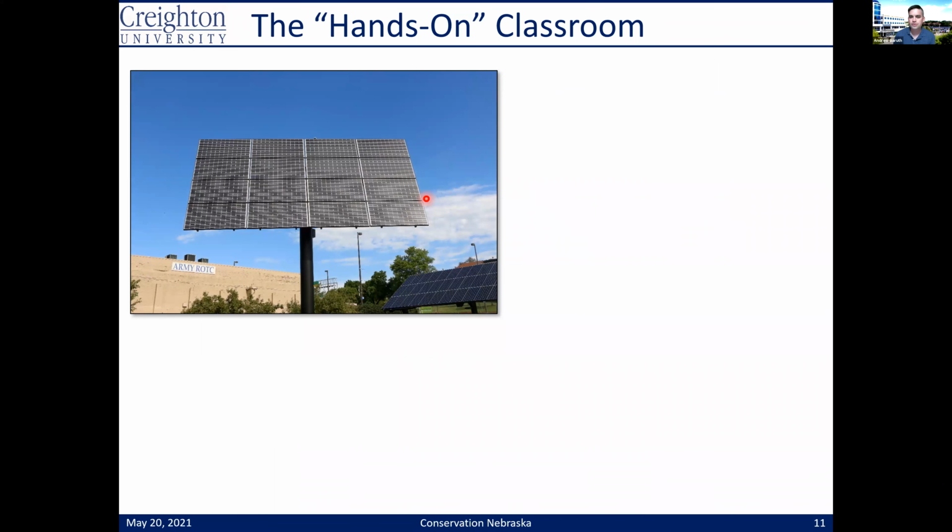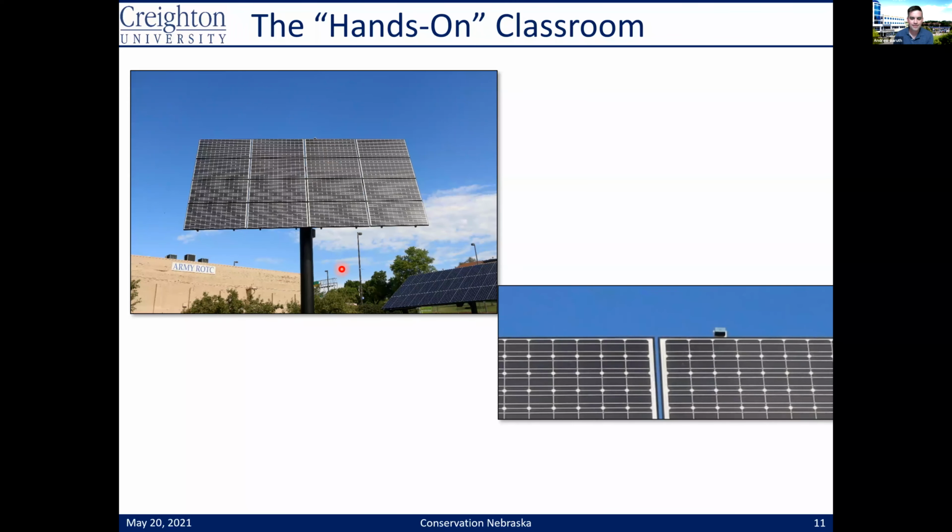So then we also have the tracker, which students think is kind of neat. The thing that I think is most neat about it is if you look really, really close up here, you're going to see this tiny little box. So let me zoom out for you. So that tiny little box we call the eye. And it really is just that. It behaves just like an eye. And so its only job in the whole world is to look for the sun and keep the sun in its sights. So this is a dual axis tracker, which means it can go both east and west.